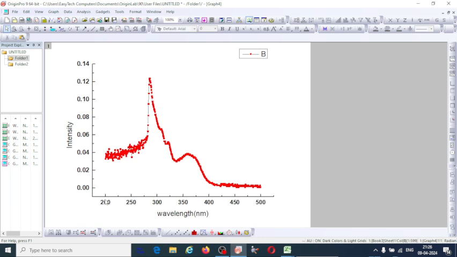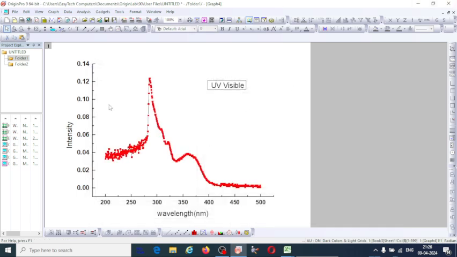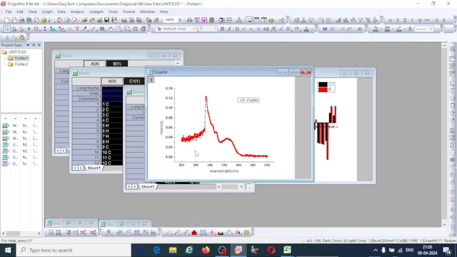Okay. So like that you can edit the graph. And here you can write the UV visible graph. So this is how you can draw the graph and you can bring it inside. So you can make the edit. You can see how it is looking nice. So this is how you can draw the graph